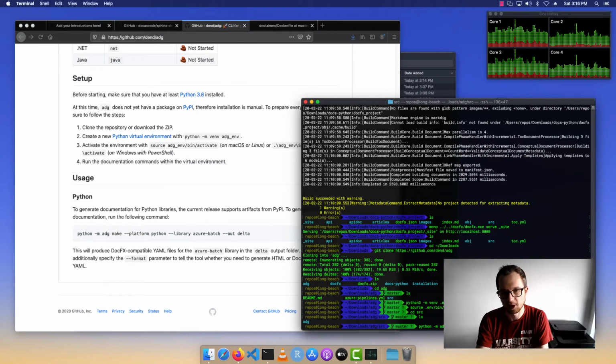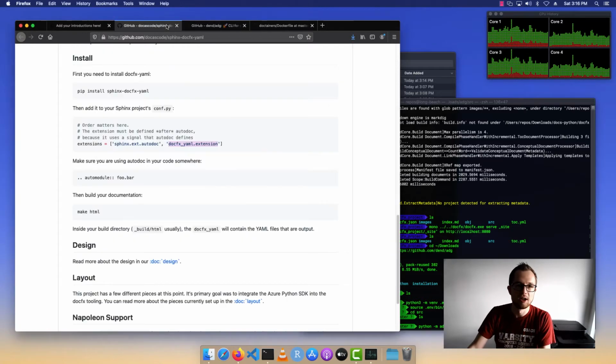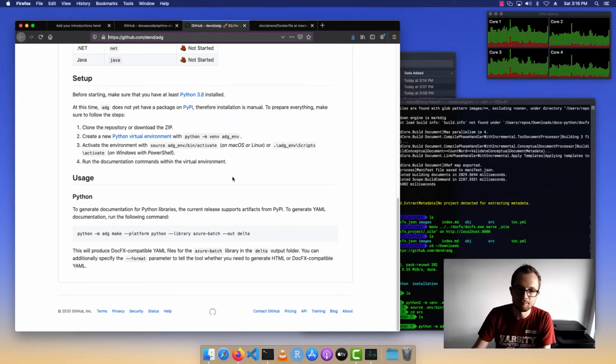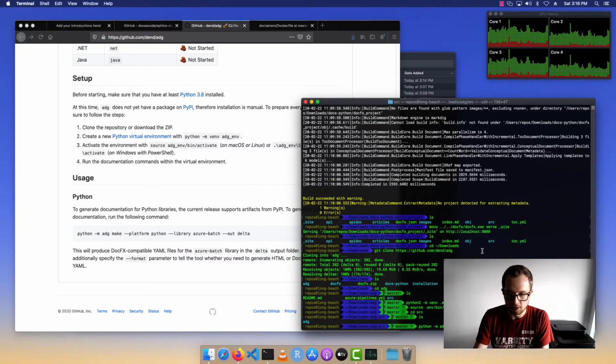So if you already have a library on PyPI, then you can just type in the name. If you don't and you have it on GitHub, that feature is coming soon. But again, if you have the code and you can deal with the extension by yourself, you can most certainly do that. Sphinx DocFX YAML just plugs in. You'll just need to follow the instructions in this project, in the README, to make sure you set everything up. So I'll do the library, and I'm going to use Azure Batch as the sample,